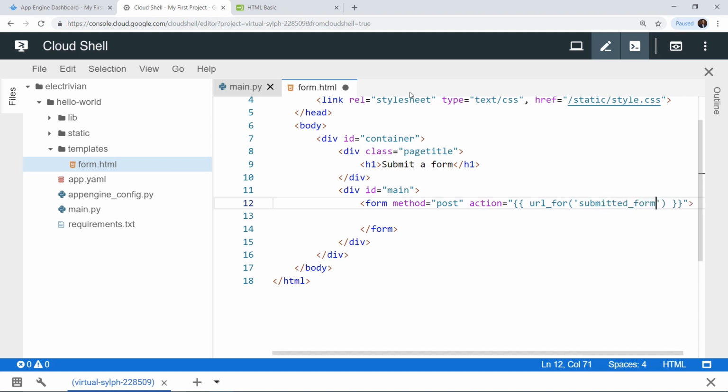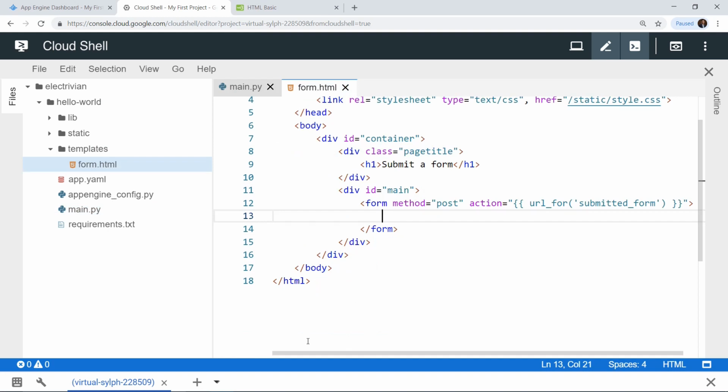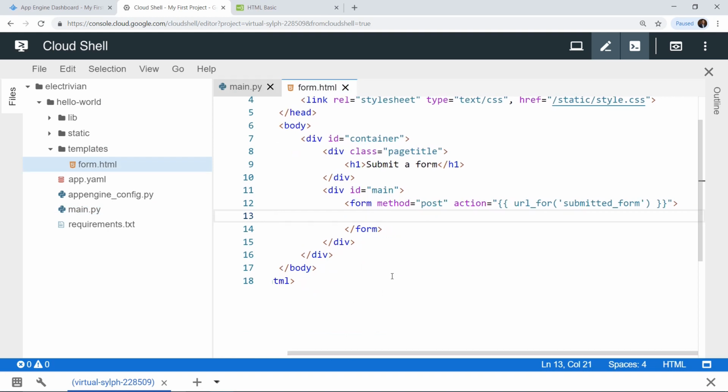Okay, so with this the main.python file or the HTML file actually looks for the URL endpoint present on the submitted form file. Okay, so with this we have created a form, and now after we click on the submit button of the form, which we'll be writing shortly or creating shortly, then that is when the post method will be activated for our form and the action will be inside the submitted form.